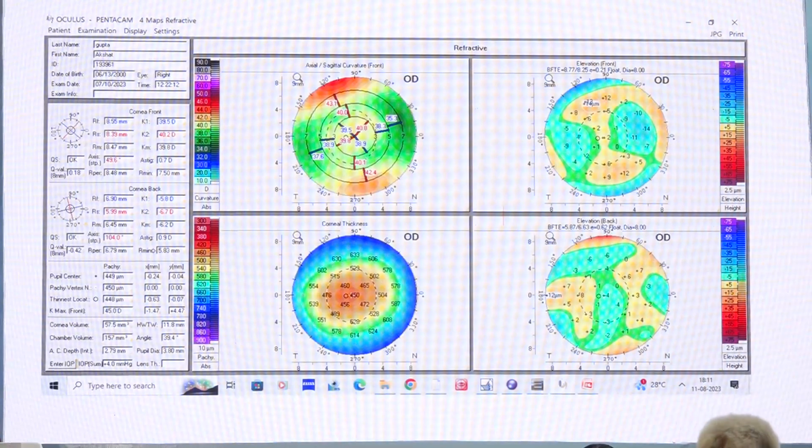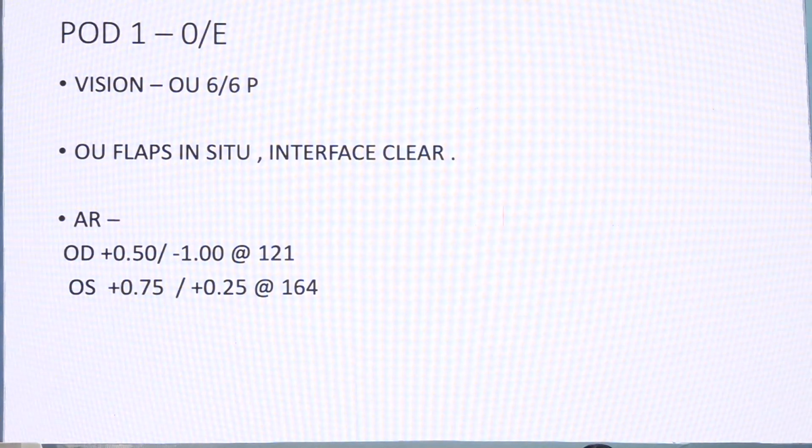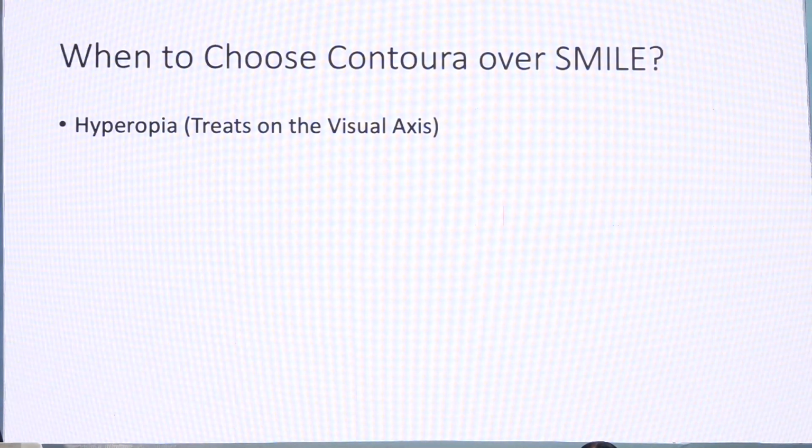So these were the post-op maps. The patient did extremely well. This was the right eye, and this is the left eye. Had very high quality vision with very good correction of the astigmatism as well. So I think post-op day 1, patient was 6/6. The refraction is right at the bottom, and you can see that if you consider the kind of astigmatism he had. Coming to the finishing, I would like to finish by saying that